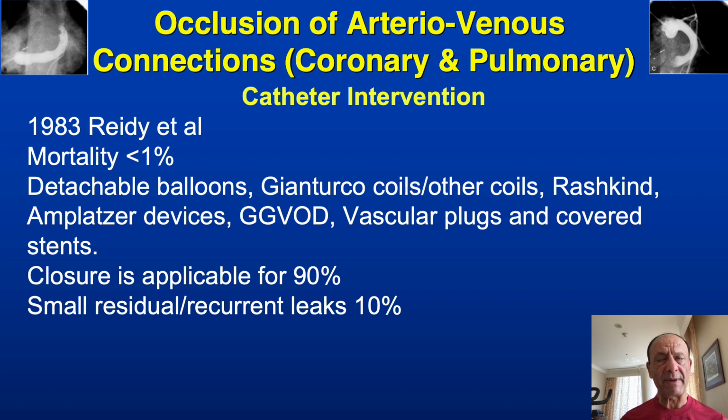Catheter intervention goes back to 1983, very low mortality. At that time, many devices have been used, from detachable balloons, Gianturco coils, Rashkind umbrella, Amplatzer devices, and most recently we have been using Amplatzer vascular plugs, as well as covered stents if there are multiple exit sites for these